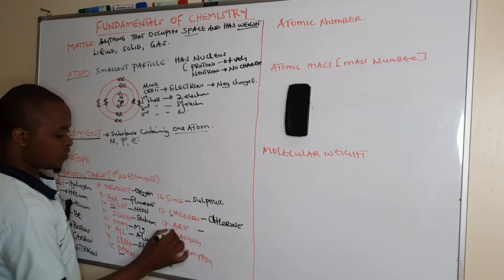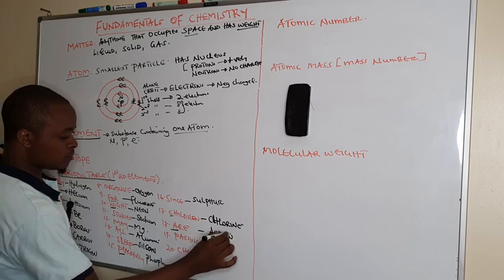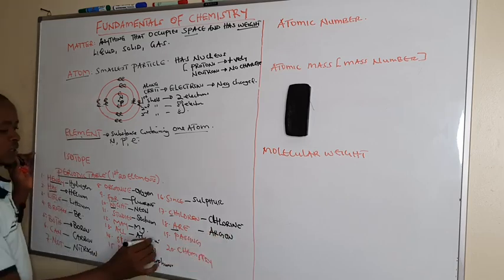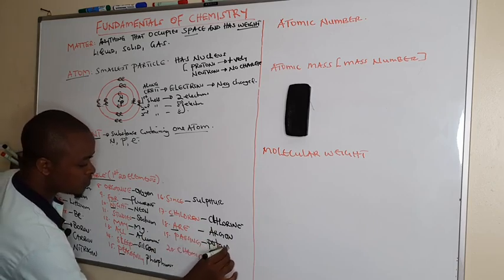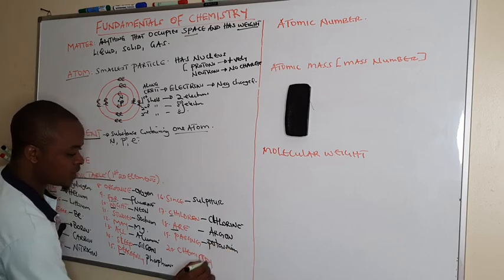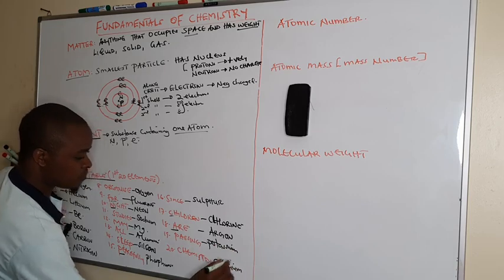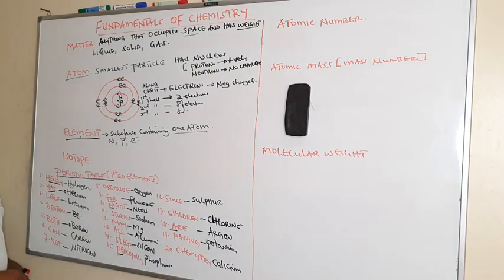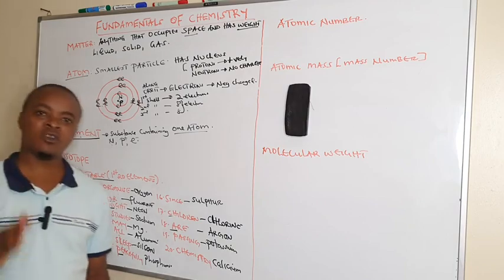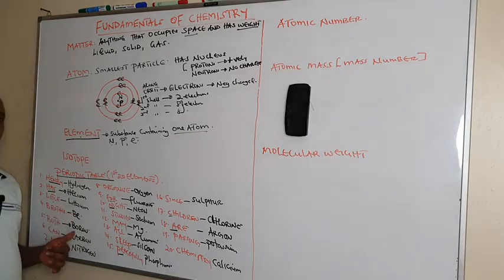Then this is for argon. Then we have potassium. Lastly is calcium. So these are the first 20 elements of the periodic table, whereby we are saying Henry has little brothers, both